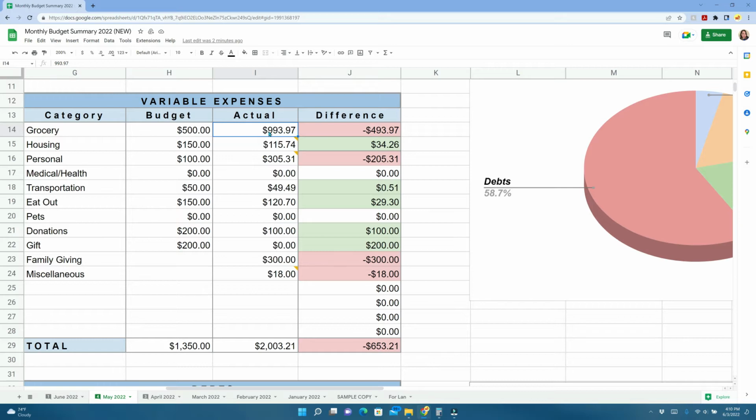So yeah, and also it includes the dog food and stuff. We buy our dog food at Costco. We buy one bag of dog food plus the chicken and the rice, because we mix the kibbles into the chicken and rice. So that's why. Housing is, we went to TJ Maxx and spent about